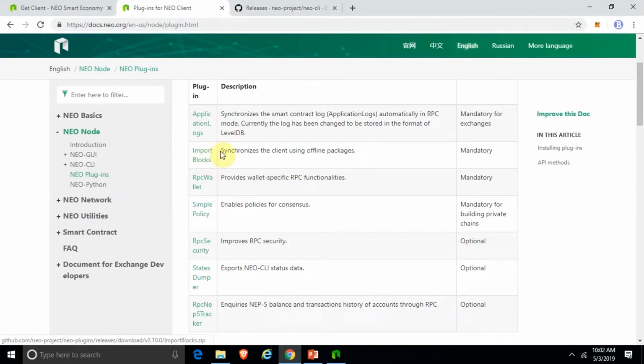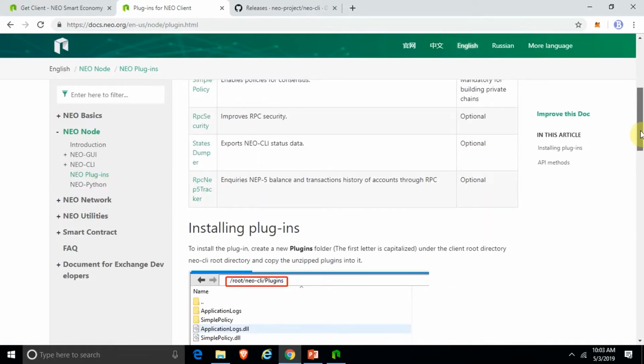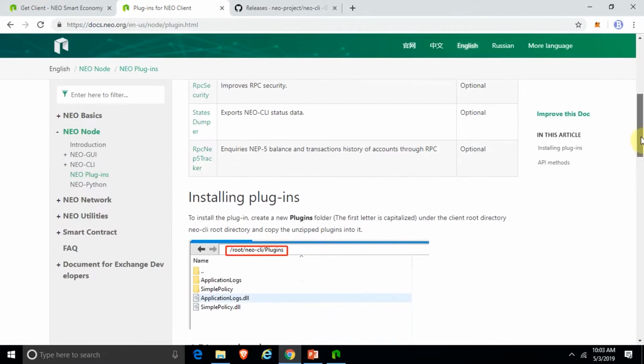We can import offline packages and synchronize the client using offline packages. So we can actually import these so that the blockchain can synchronize faster. So you can see there are different plugins here: RPC security, state dumper, and all that. But the simple policy plugin is going to be very essential for what we are